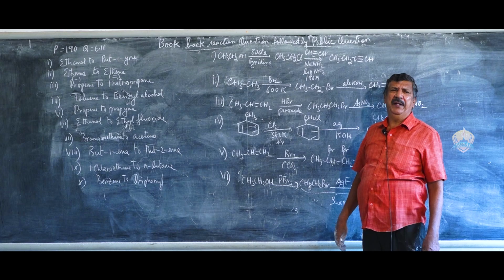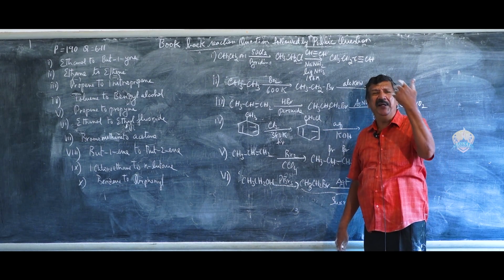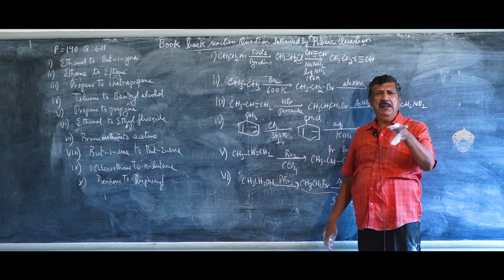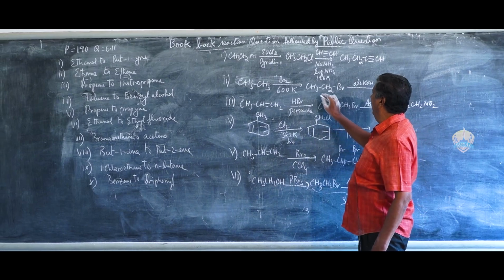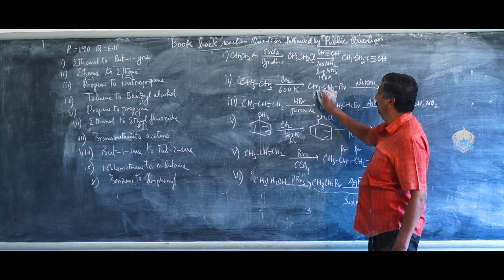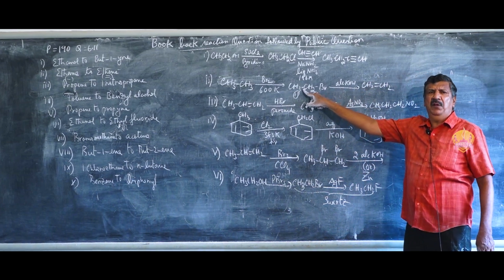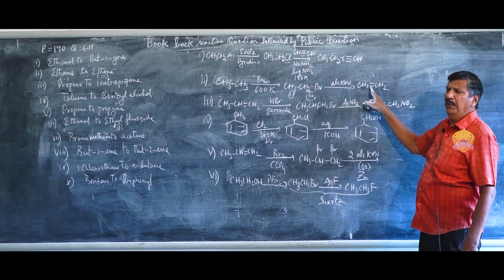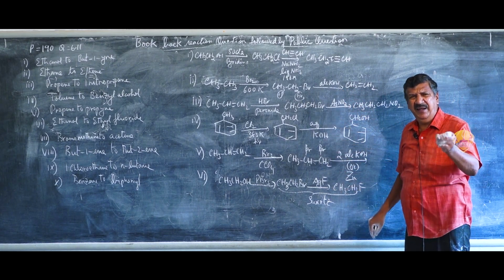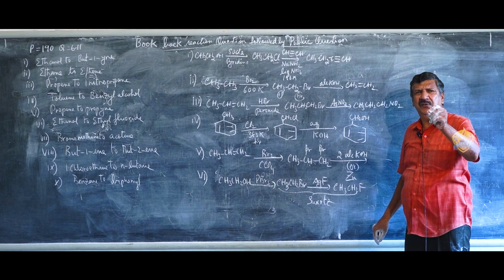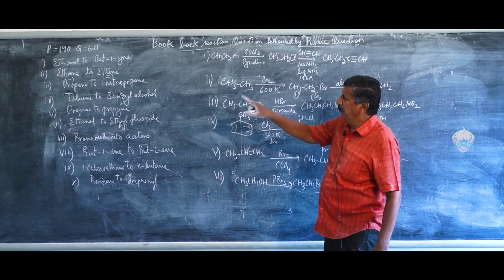Now I can use my technique. What technique? Dehydrohalogenation. That's why I am converting into bromide. What is dehydrohalogenation? Removing the H from here and Br from here. So automatically that single bond is converted into a double bond. So this concept is meant for dehydrohalogenation using alcoholic KOH. Okay, next question. Propene to